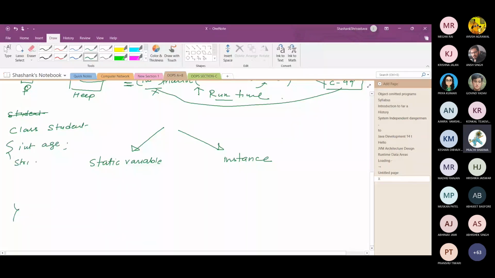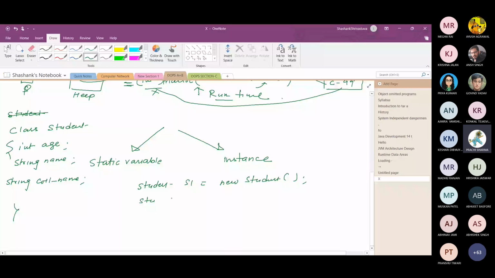Suppose there are three variables out there. So here, when you create the object, suppose I create two objects, student s1 equal to new student, student s2 equal to new student. Suppose there are two objects, fine, s1 and s2 are the reference variables.